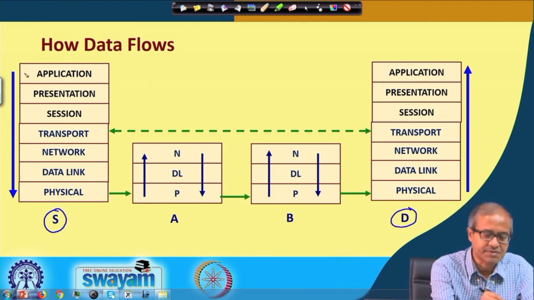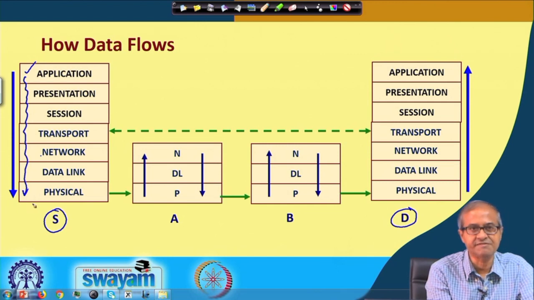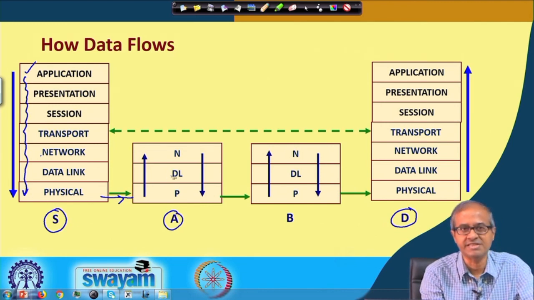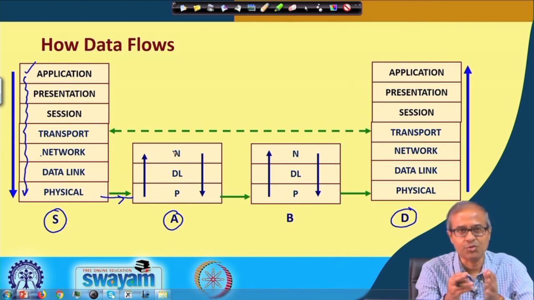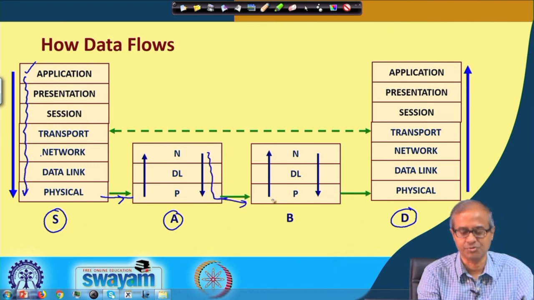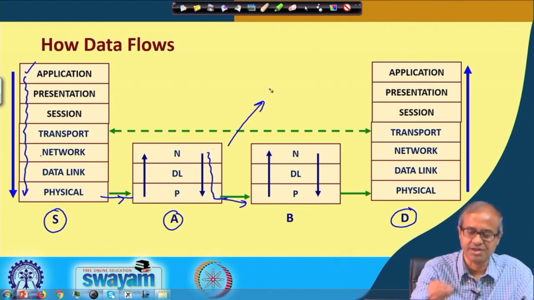So, the data starts from the application, it flows through these 7 layers, application to presentation to session to transport, network, data link, physical, and once it reaches the physical layer, it actually gets physically transmitted to the next node A. In the next node, it goes to the data link layer to check whether there is any error, to network layer to check where to forward it next, then it takes the decision, again comes back to the physical layer and forwards it to the right next node,